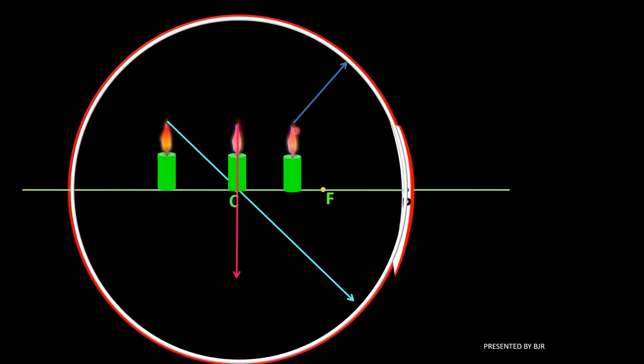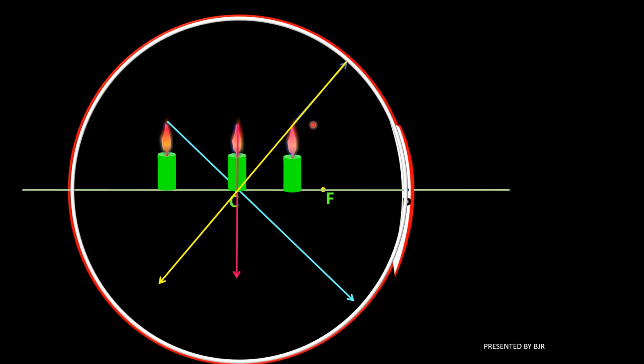Okay. So here I am drawing an incident ray. This is the incident ray. What we have to do? We have to draw the normal. Obviously, if you join this point and the center of curvature, we get the radius. The radius itself is the normal. So the incident ray is traveling along the normal and it will get reflected along the normal itself only. So see here, this is the reflected ray, and the reflected ray is passing through the center of curvature.